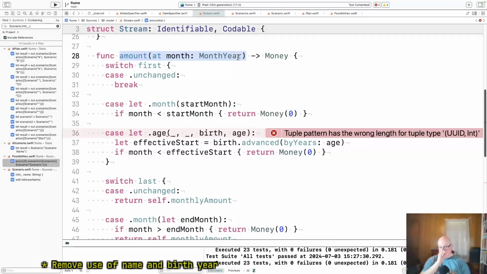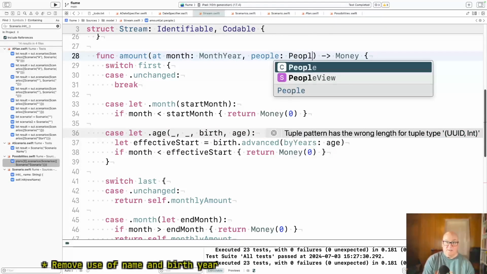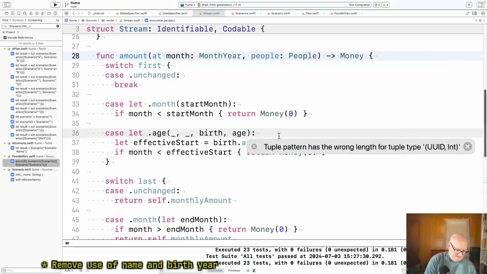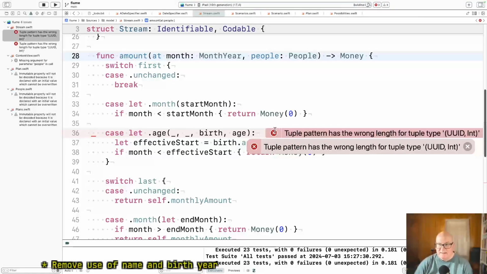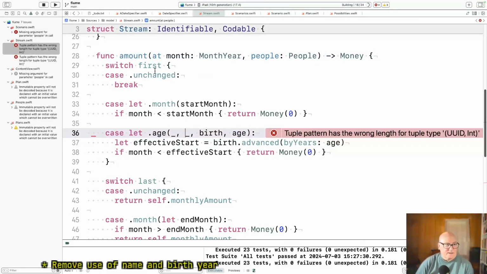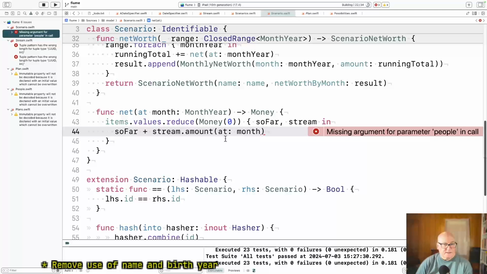Stream at month, year, needs this amount. Okay, I think this is the guy that has to know the people. People of type people. Okay, and let's see who complains. Right, that's going to change scenario.